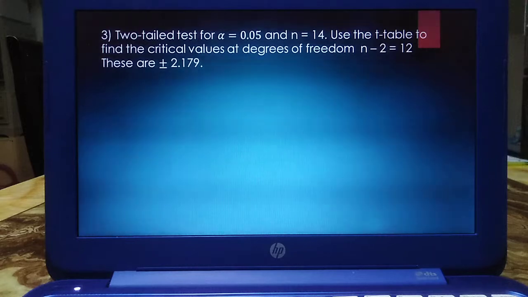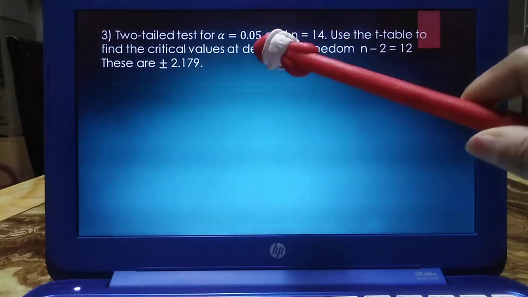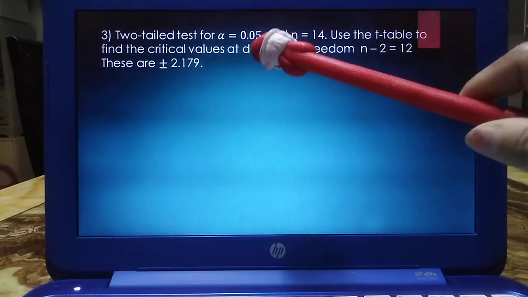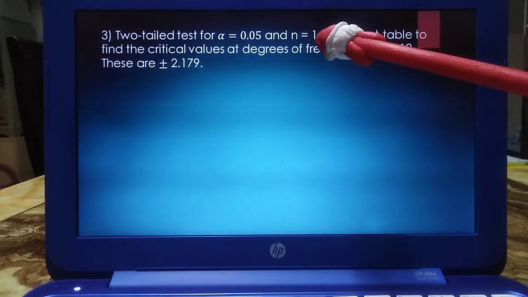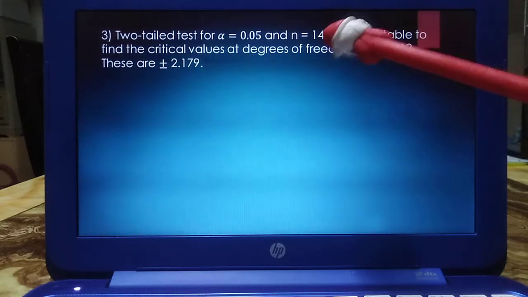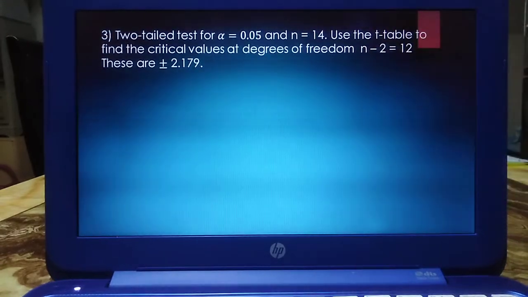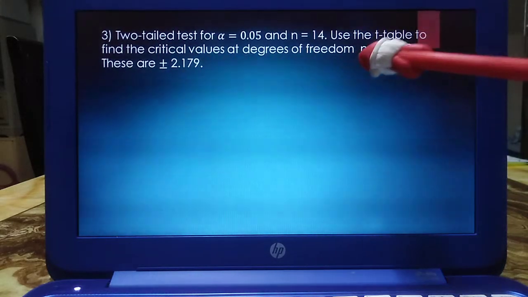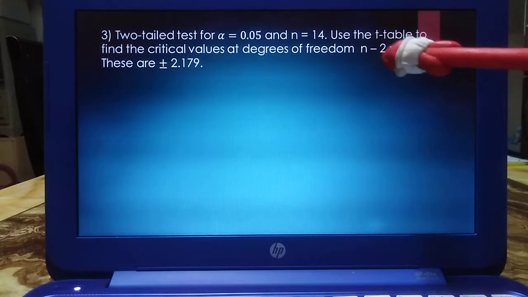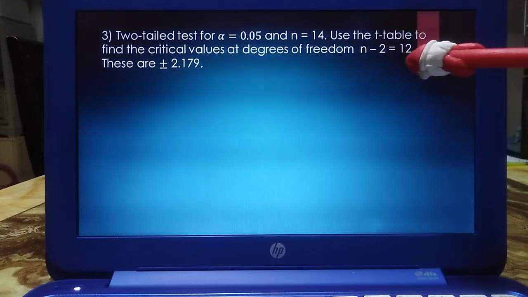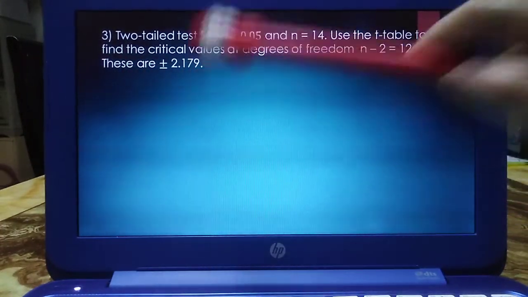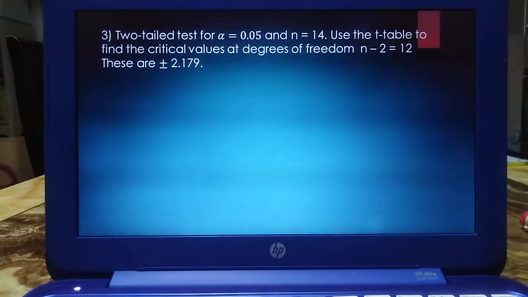Because there is no relationship specified in direction, we will be using a two-tailed test. With our level of significance as 0.05 and n is equal to 14, because we have 14 data, we use the table to find the critical values of degrees of freedom. So n minus 2 is equal to 14 minus 2, which is 12. And these are the values, positive and negative